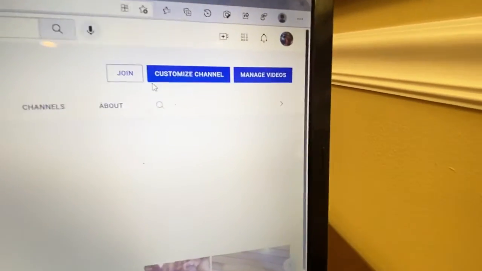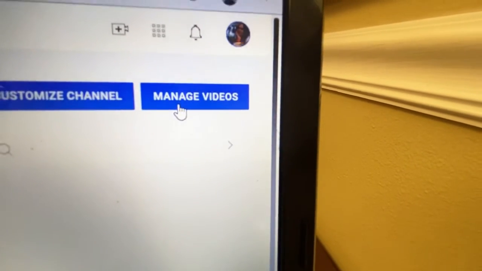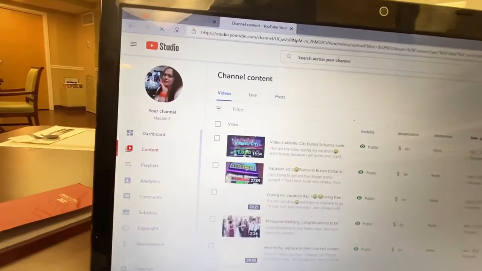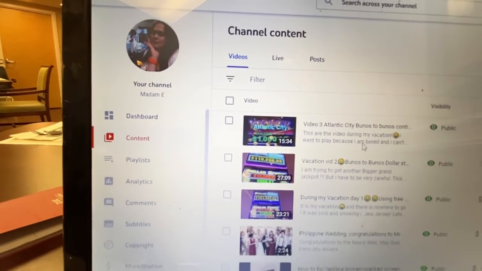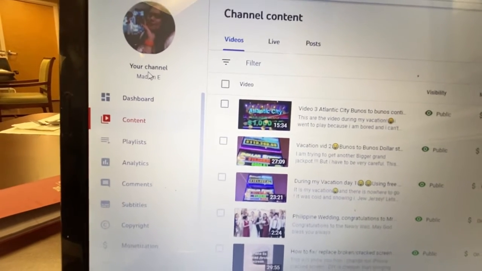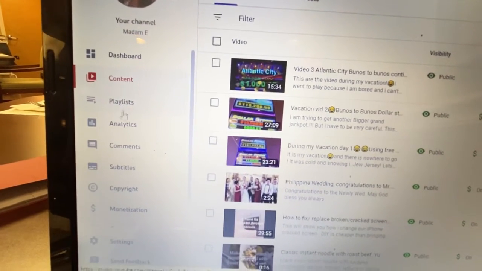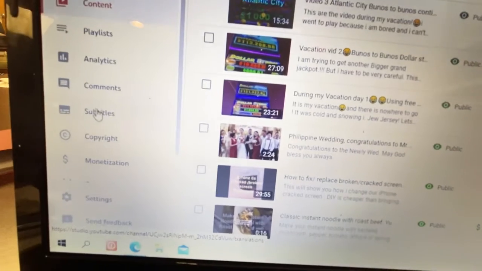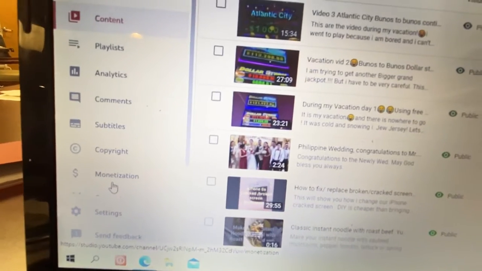Here I always go to manage videos on the right corner, guys. Alright, and on manage videos, it will open your channel content. There is your channel content, guys. Below the channel content you have your videos, live, post, and underneath your account there's a dashboard, content, playlist, analytics, comment, subtitle, copyright, monetization. Alright, this video is about